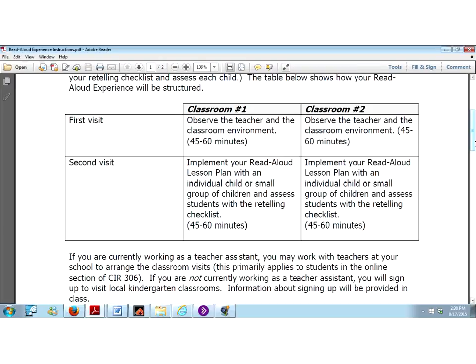Again, you're visiting 2 different classrooms. On your first visit to each classroom, like you see in the table here, you're just going to go in and make some observations about the classroom environment. On your second visit, you are going to get a chance to work with an individual child or a small group of children, and implement your Read-Aloud lesson plan that you wrote earlier